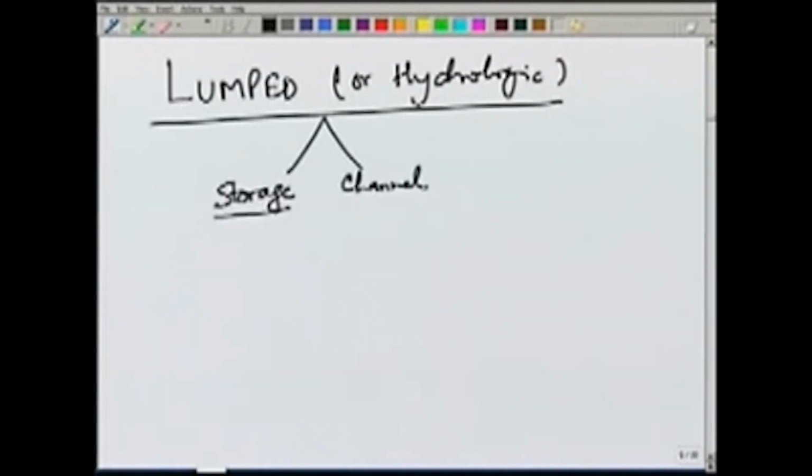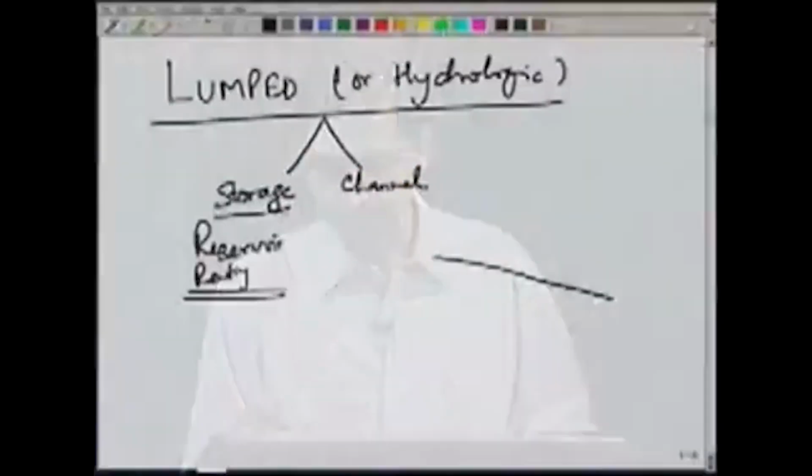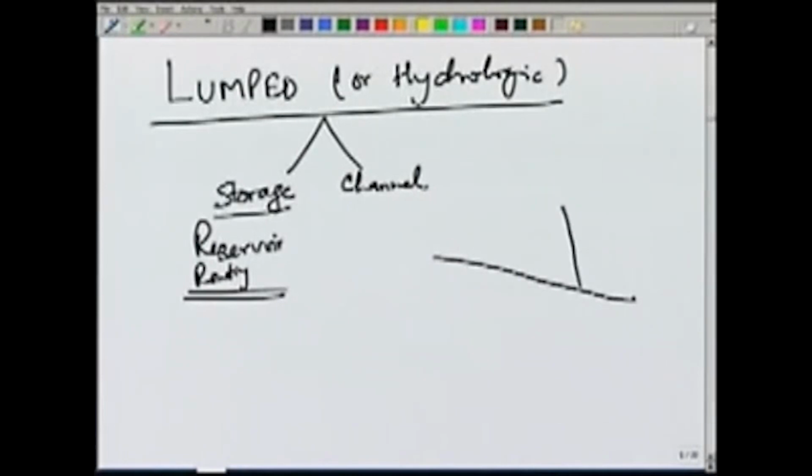The storage routing is also called reservoir routing, and as the name implies, typically it denotes how a flood wave gets modified when it passes through some storage structure or a reservoir. So, let us look at a case like this, where we have some storage reservoir here,